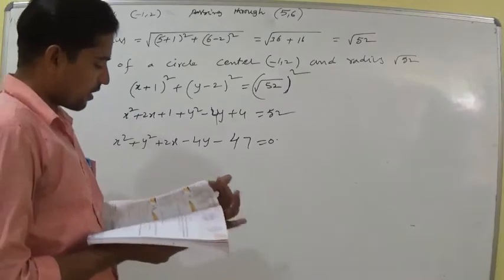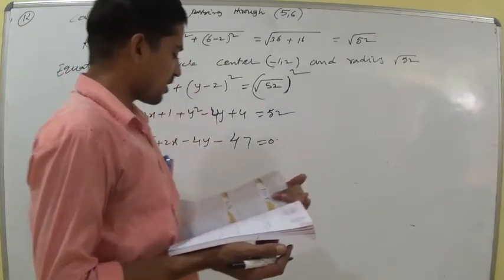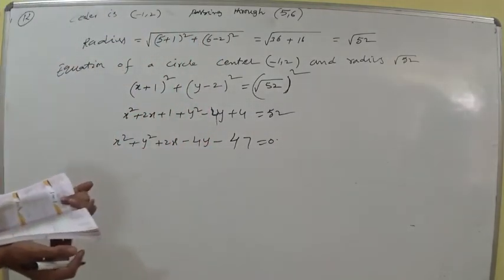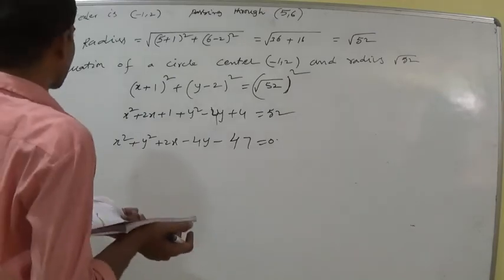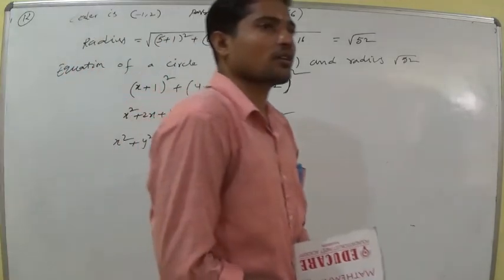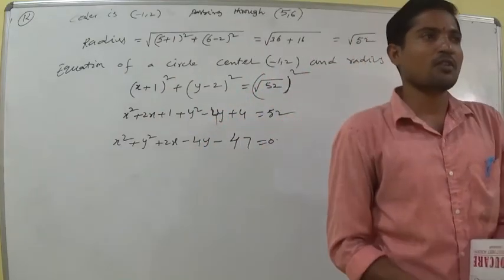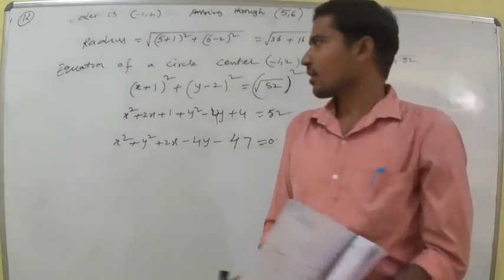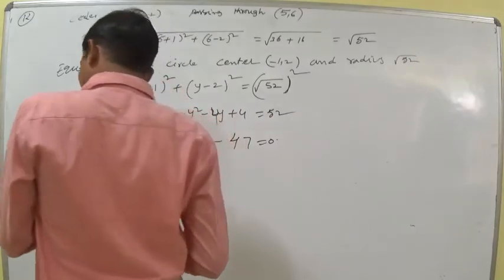So that is the equation: x square plus y square plus 2x minus 4y minus 47 is equal to 0, the equation of a circle with center (-1, 2) passing through the point (5, 6). Right? Next,